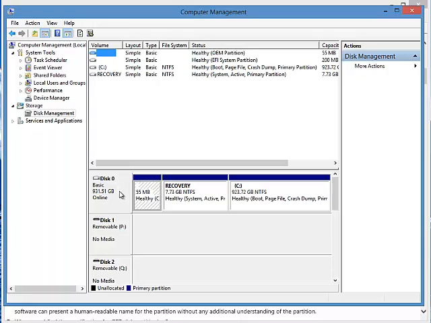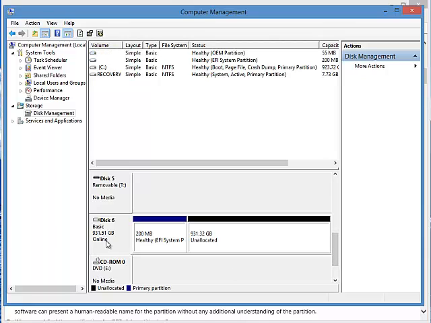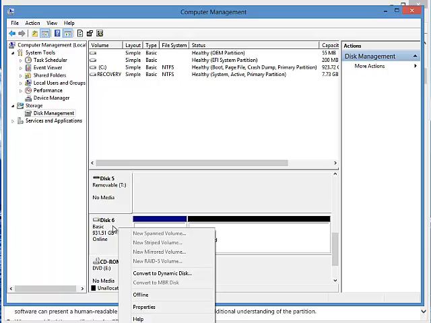So here is your main hard drive, and you can see my main hard drive here. And then below that, I have a series of other drives. But down here at the bottom, I have another drive that I've just plugged into the computer. This is an external USB hard drive. Now what I want to show you here is that when I right-click here on disk 6 and select Properties,